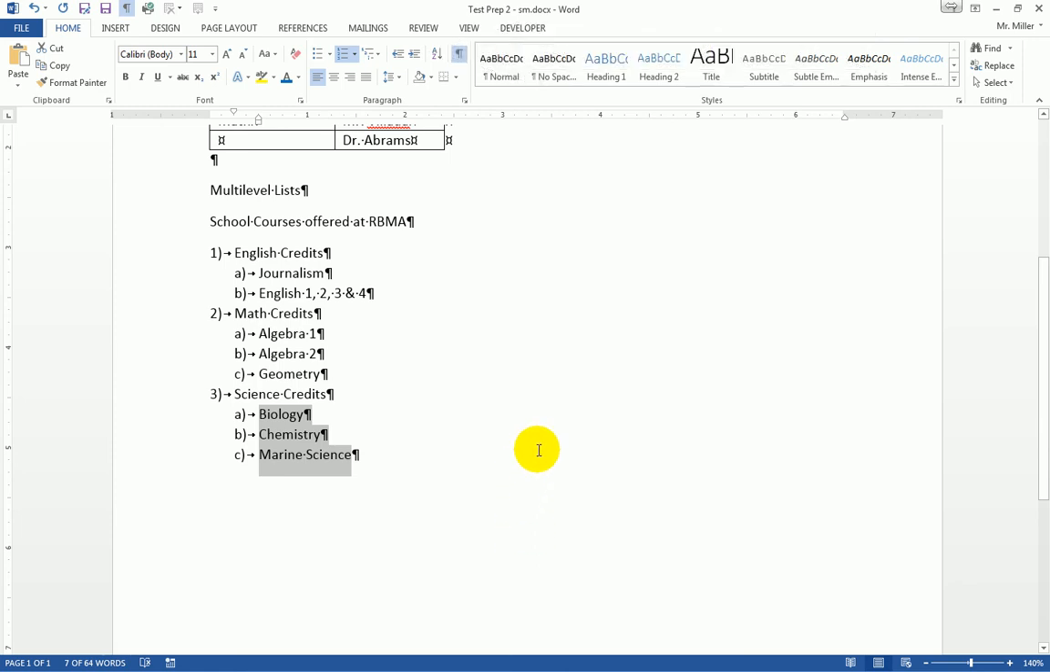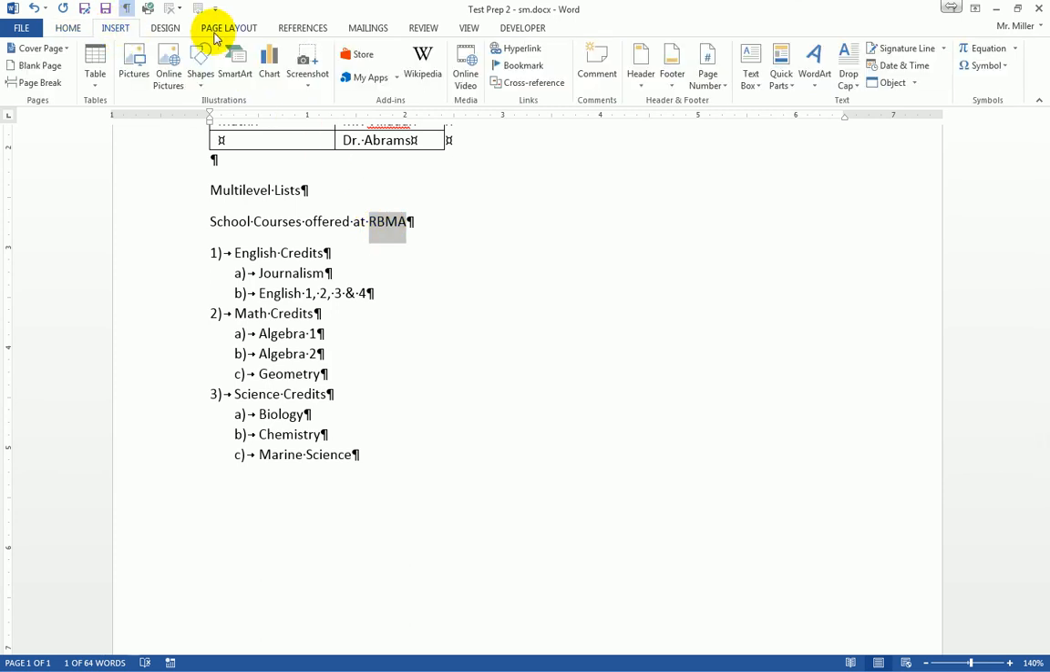Let's talk for one moment about hyperlinks. A hyperlink allows you to navigate to another spot either in the document or in a website. So I'm going to select, we're going to do a website first. I'm going to select RBMA here. And let's say that I wanted to create a hyperlink to the RBMA website. I'm going to click on Insert,